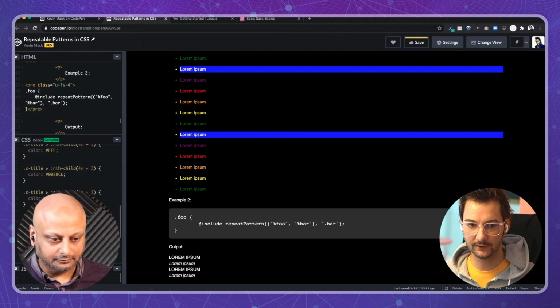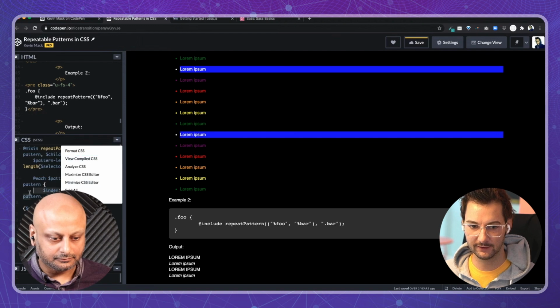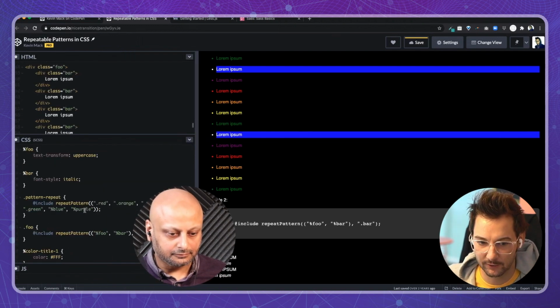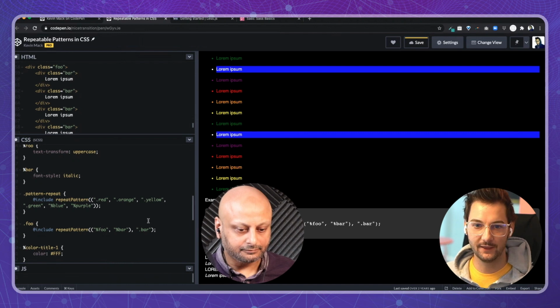So SASS compiles CSS, and you have these little shorthands to do it. This was the SASS. You don't really need to know much, because when you're implementing or using something like this, you just say, what is my pattern that I want to use? And then it outputs for you. And then another one that's really critical and comes up all the time